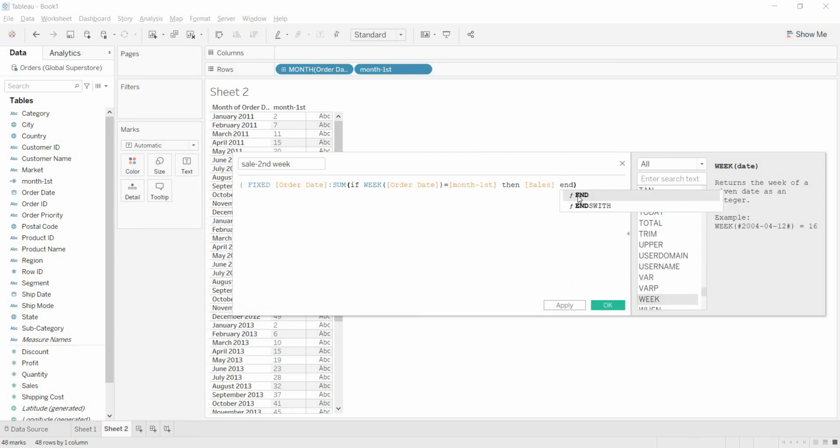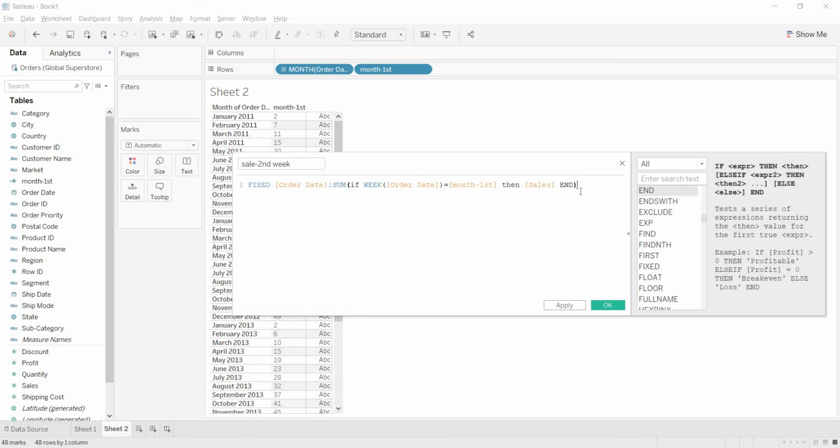And this is the calculation we are writing here, and close the bracket.